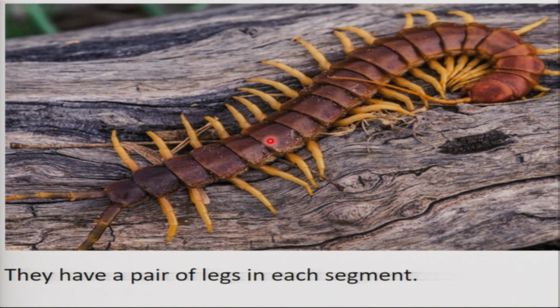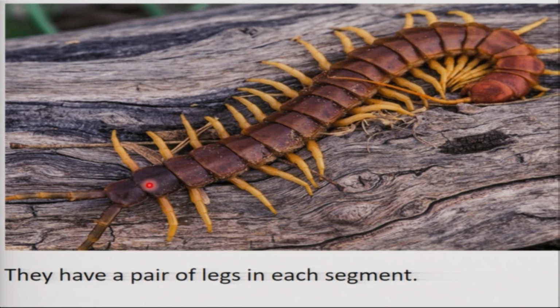In this class, it is very visible. Everybody can look at it and see what we are trying to mean, that it has got a pair of legs on opposite sides, but on each segment. We can't see any segment left out without a leg. Is there any? Who can show us if there is any segment that has not got a leg located on it? Hope nobody. Thank you, nobody.